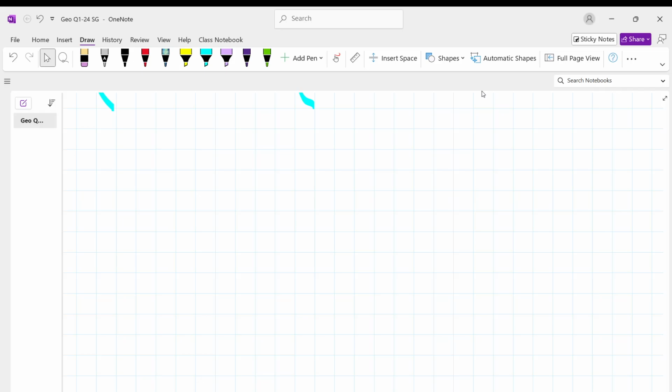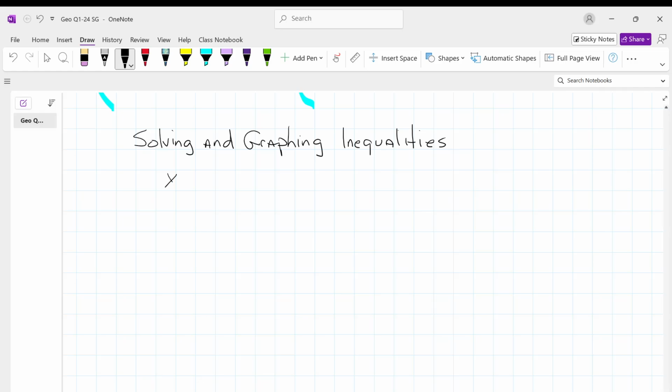All right, so today we're going to talk about graphing and solving inequalities, or solving and graphing inequalities. And hopefully you'll remember from Algebra 1 that when you're graphing inequalities, if we have to graph x is greater